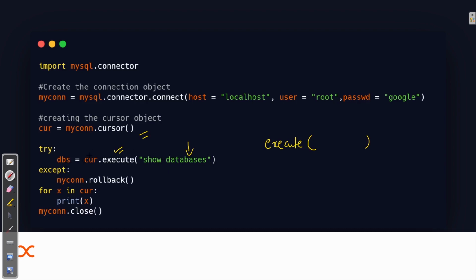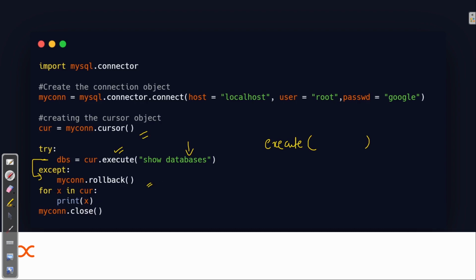So we are calling this cursor object, and then we are calling this function, that is execute show databases. If some error is thrown in this try clause, and I have already covered this part, how try and except is used and how it works, then it will go to the except part, and there this rollback function is used. Don't worry, we are going to see about it. Whatever has been done, it just reverses that, like an undo. So inside this exception we are doing that.